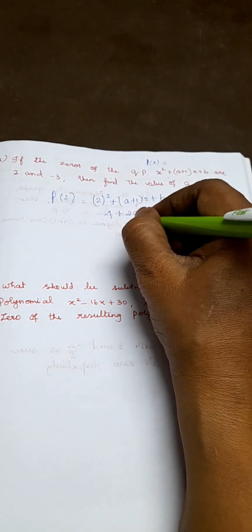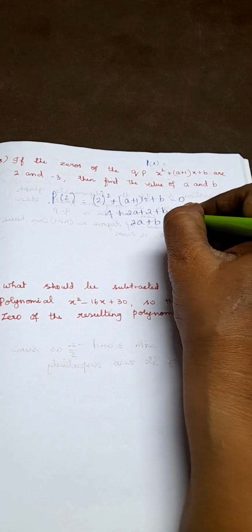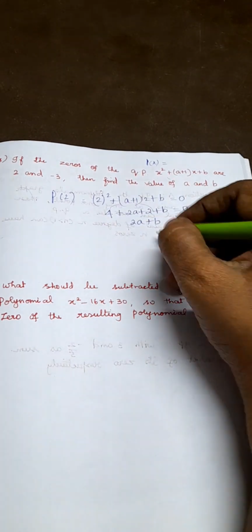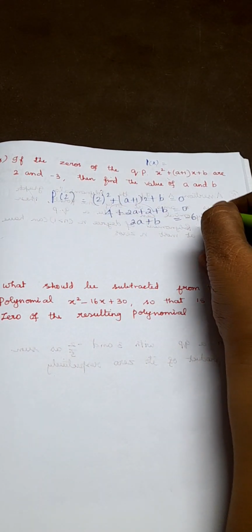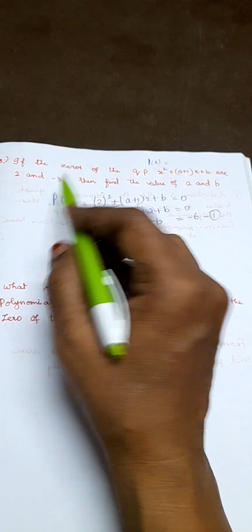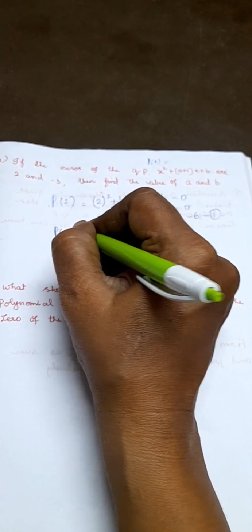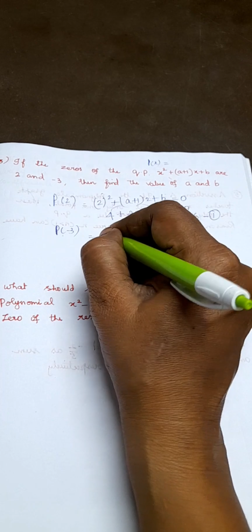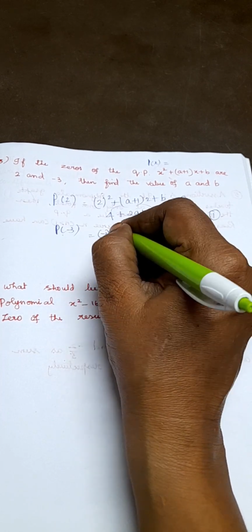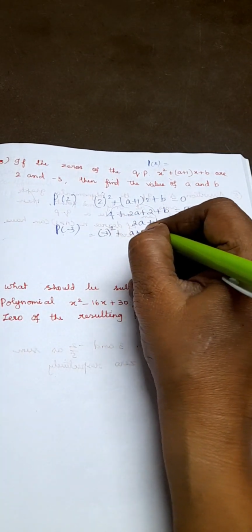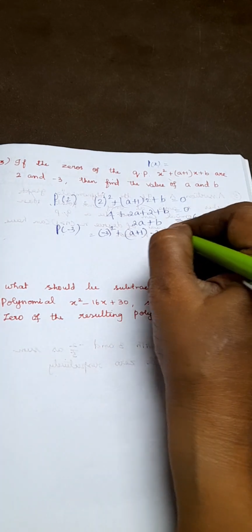So what I will get: 2a plus b equal to 4 plus 2, that is 6. This 6, if it goes that side, becomes minus 6. This is your first equation, right? Then they are telling p of minus 3 is also 0. So again apply p of minus 3 equal to minus 3 square plus (a plus 1) into minus 3 plus